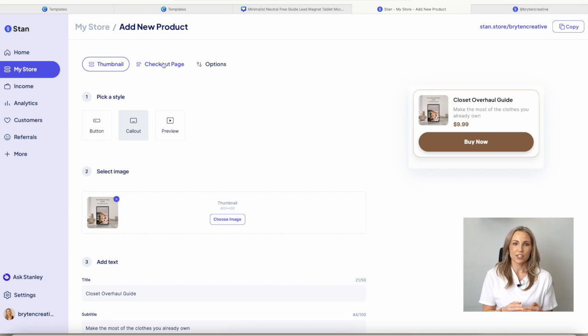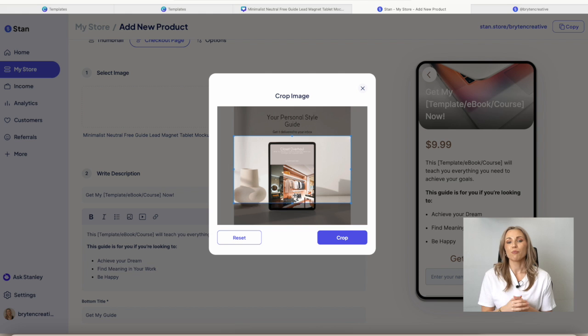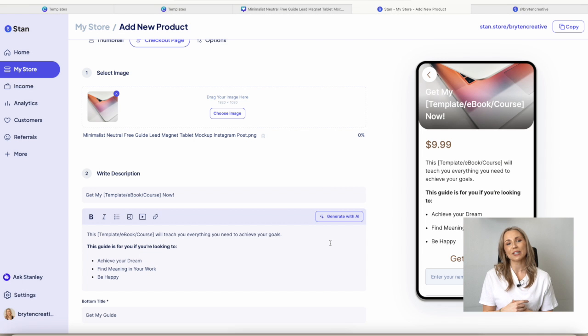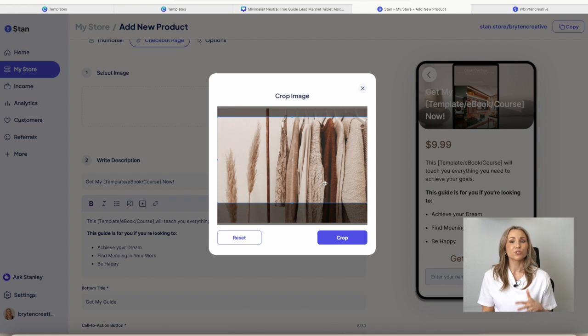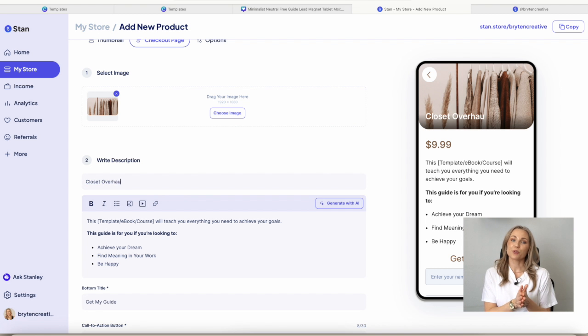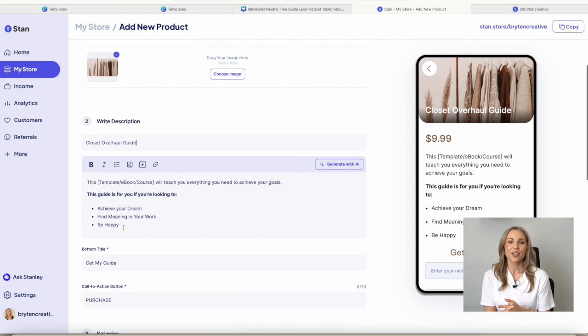Moving on to the checkout page, you can either use the same photo as your mock-up here. However, the specs will be a little bit different and will cut off your photo. So you can either find another image to use from online, you can use your own, or use the ones within Stan. Then you'll write your description, which you'll see at the top of the page,